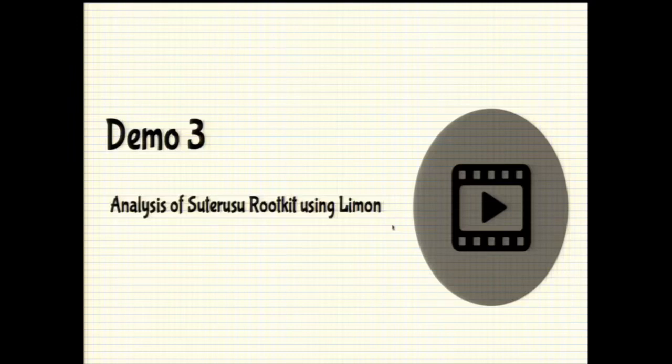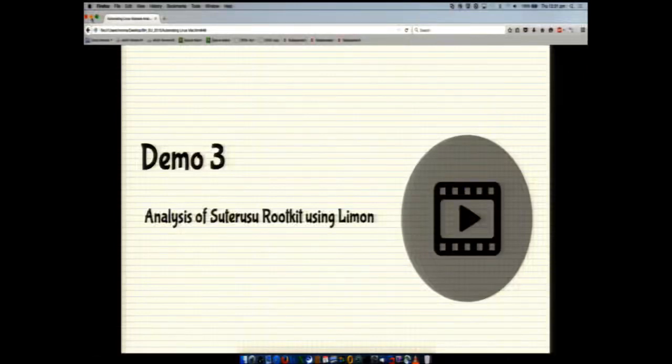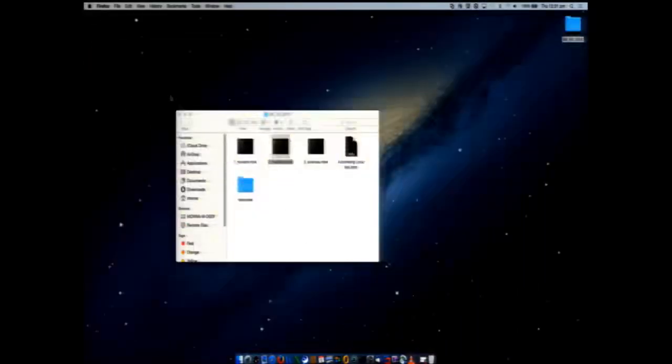What you can do is compile it to a kernel object, and then you can run it. It uses a lot of stealth techniques, so that should give an idea of the stealth techniques of the rootkits that are used in the wild. So let's analyze this rootkit using Limon and see what we can find. This is a good proof of concept rootkit to understand how Linux rootkits work. It does a lot of hooking. It hides a lot of things.